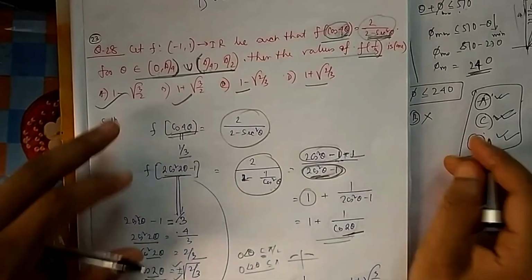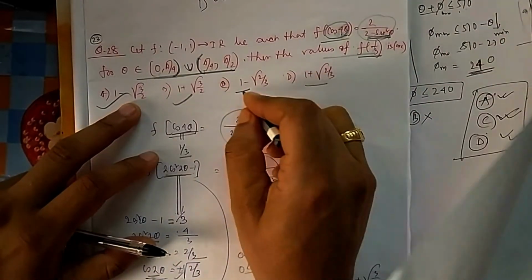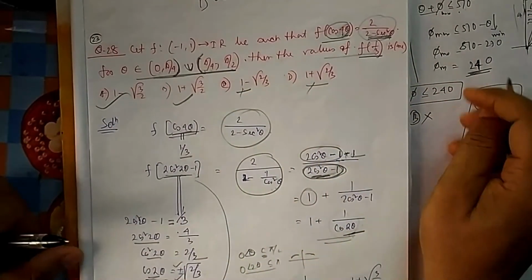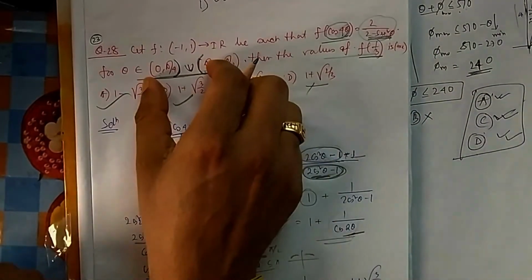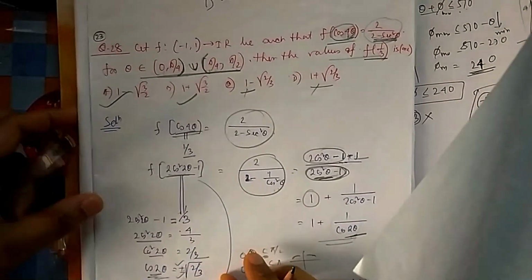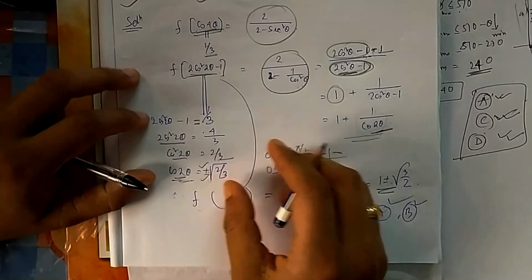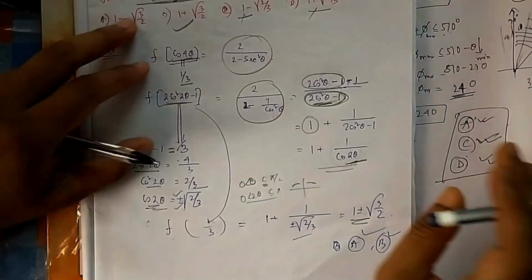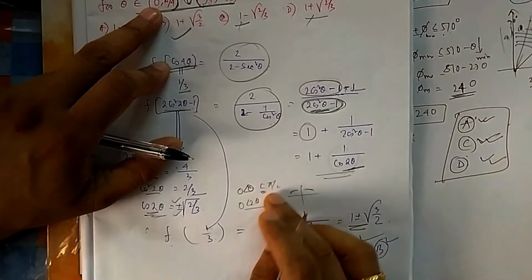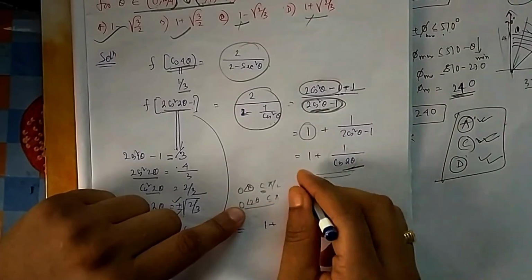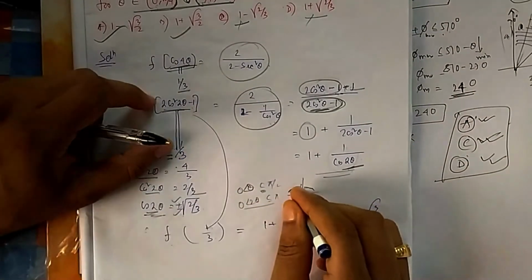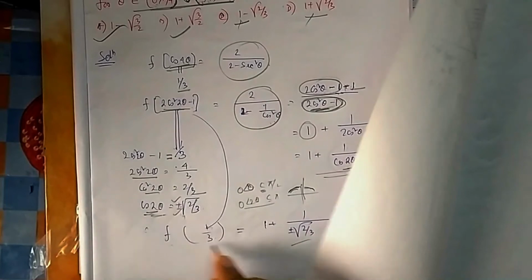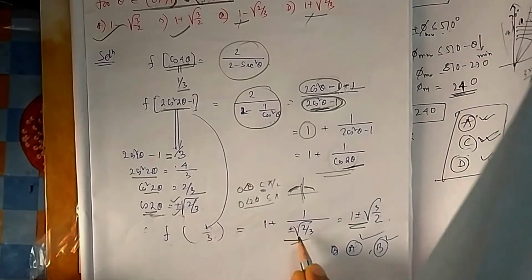So you have to be very careful. 3 by 2, 3 by 2, it is 2 by 3. That's why you have to check what is the boundary of theta, whether it can take positive or negative. If it can take positive and negative, then you have to take both conditions. Here you see theta is between 0 to pi by 2, so 2 theta will go from 0 to pi. If it goes 0 to pi, then it is going to the second quadrant. In the second quadrant cos can be negative, that's why it can be plus minus both. That's why I put in plus minus both.